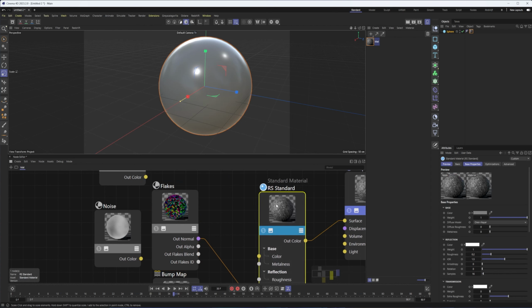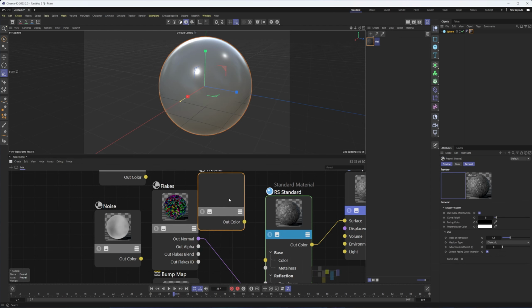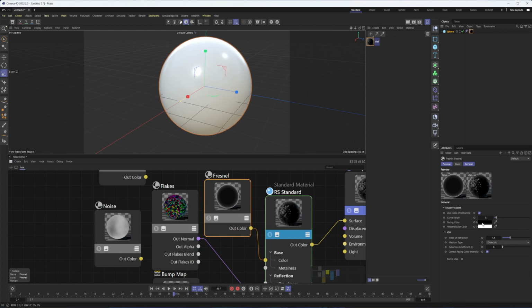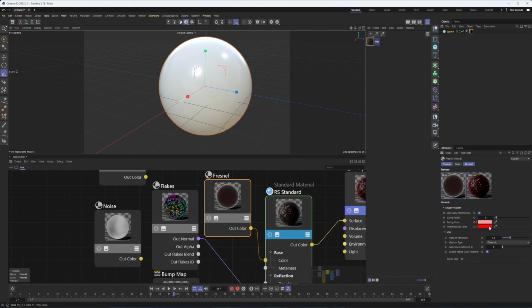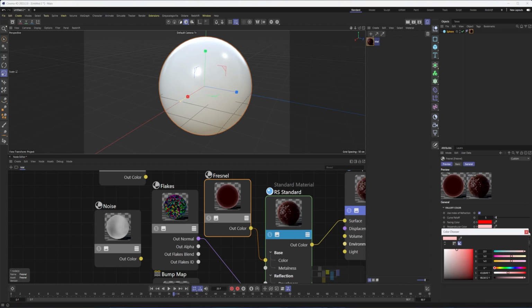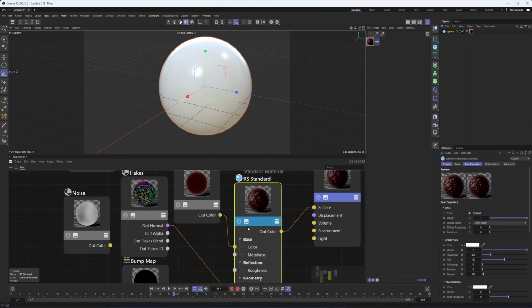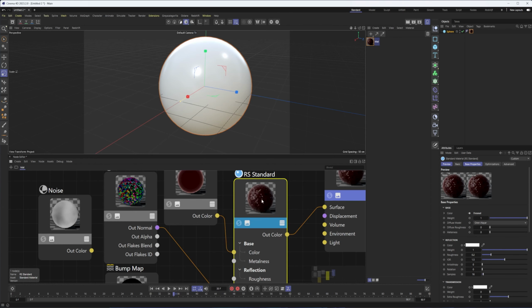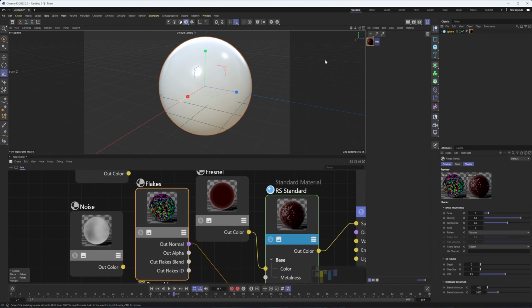Though, really, maybe what they would want you to do is use a Fresnel and use that for the color and get like a lighter red. Oops, I think I got those colors backwards. But something like that to give this a little bit more of a car paint look. And obviously with a car paint shader, you're probably going to dial this back and have a coating on top, more to it. But that is the flakes shader.